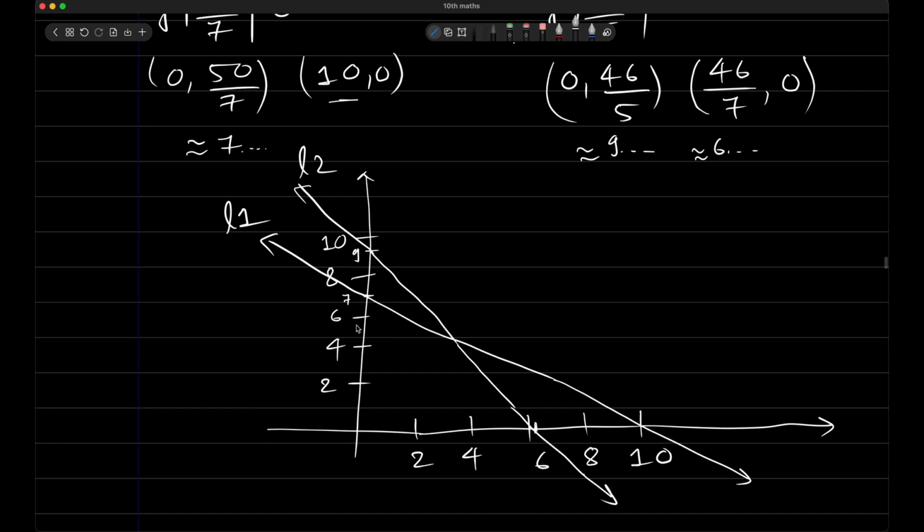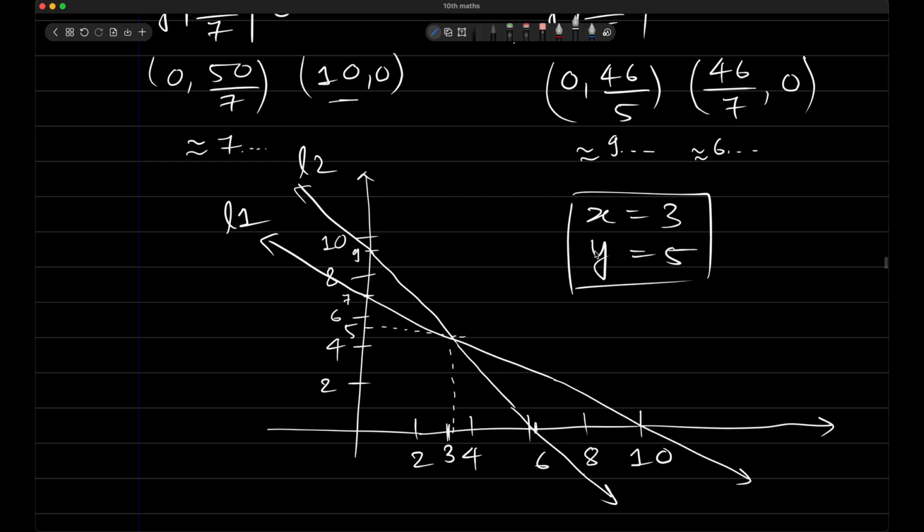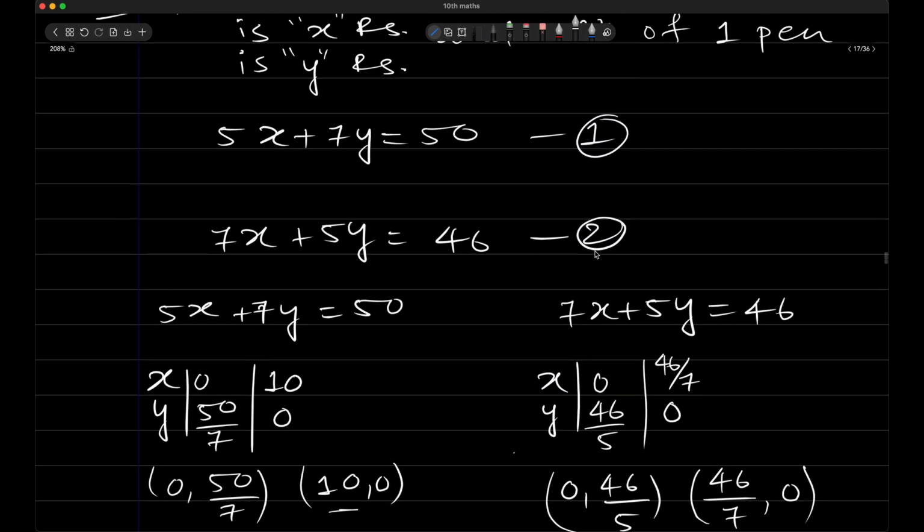And if we see the intersecting point, we will get 3 and 5. When you plot on the graph, you will get the exact point. Here we have x equals 3 and y equals 5. If we verify the values, that is x equals 3 and y equals 5,